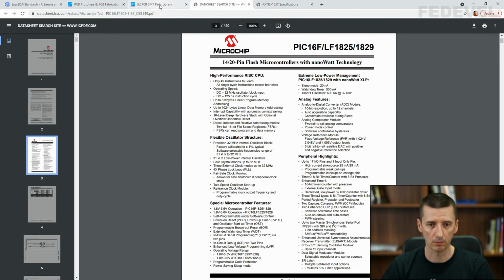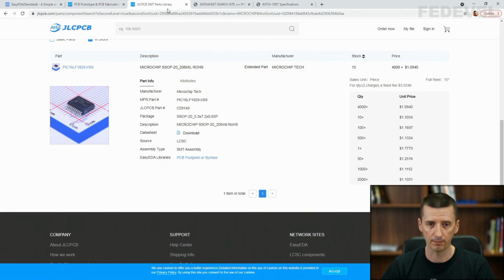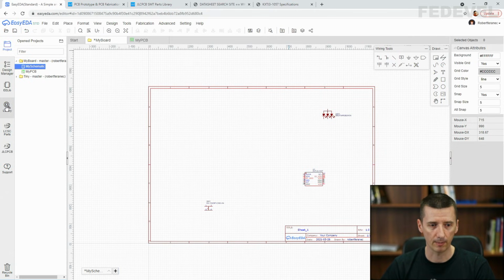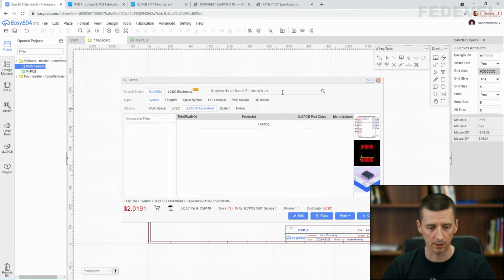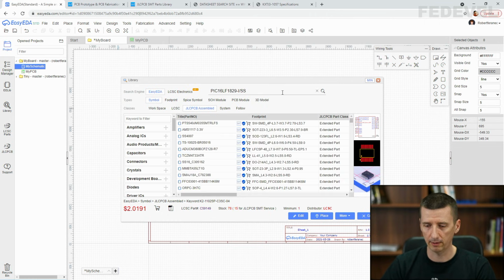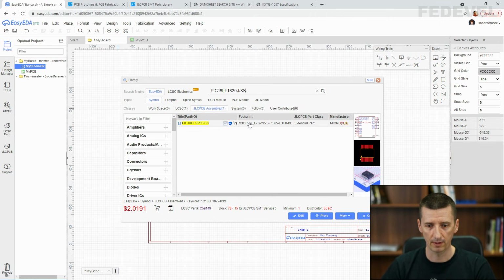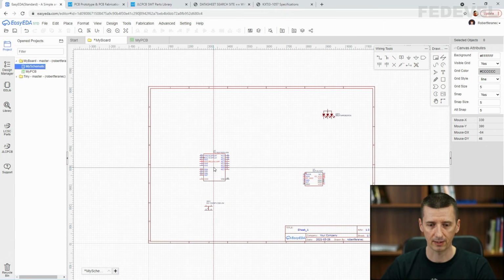So let's go back to this parts library, copy the manufacturer part number, go into our schematic, click on library, search for this microcontroller, left click. 15 is available for JLC PCB SMT service, with a minimum order quantity of 1. Click on place, left click, escape.